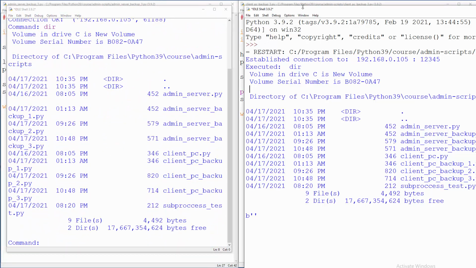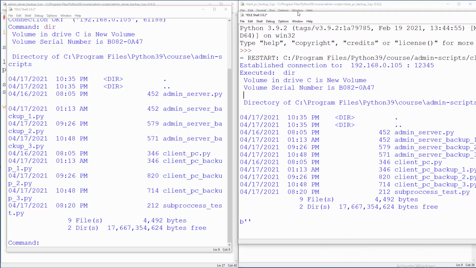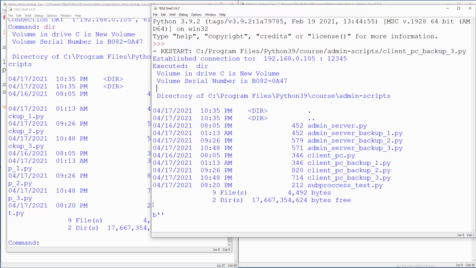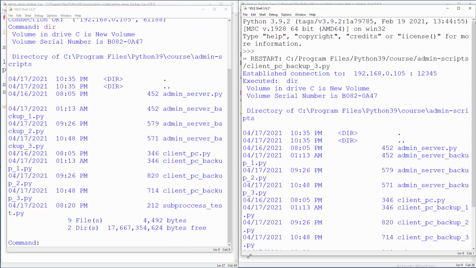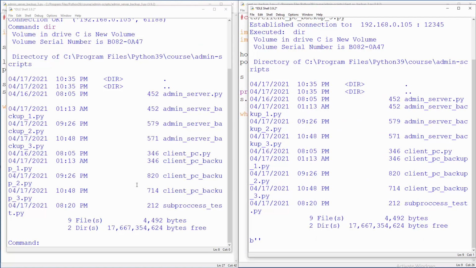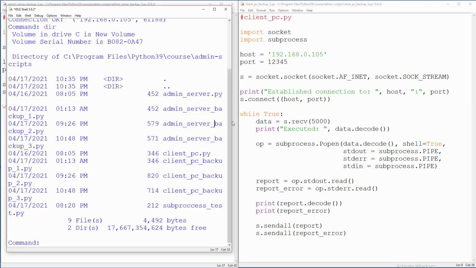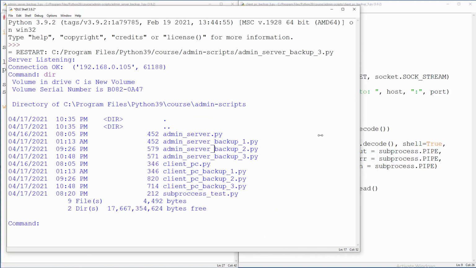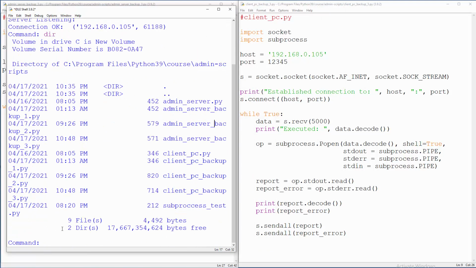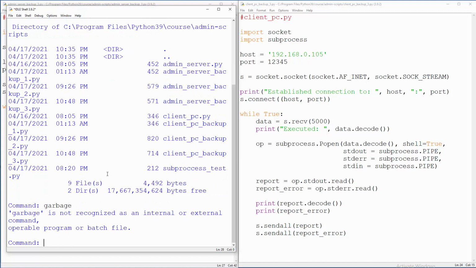And also here, because you don't see the whole size of my monitor at the moment, that's because of resolution. Yeah, well, you do see it right now. If you have bigger monitor, of course you're gonna see same stuff a little bit nicer like this, but you get the point. Anyway, what I was talking about. So now if I type some kind of garbage as command, I think that everything will be fine. There you go. So garbage is not recognized as an internal or external command, operable program or batch file,